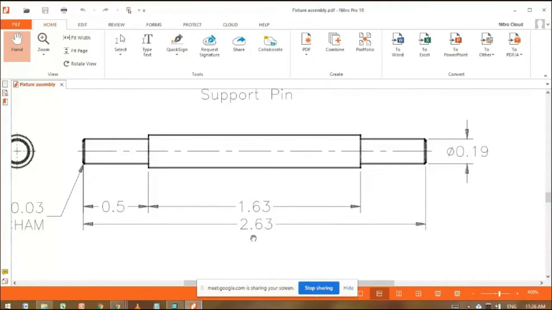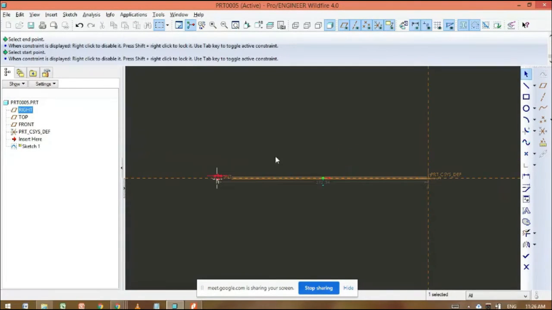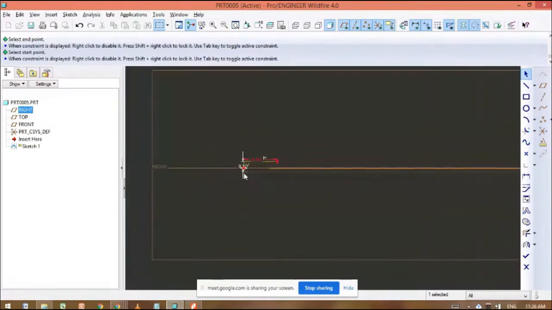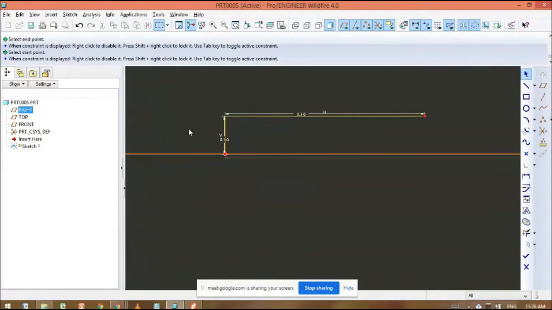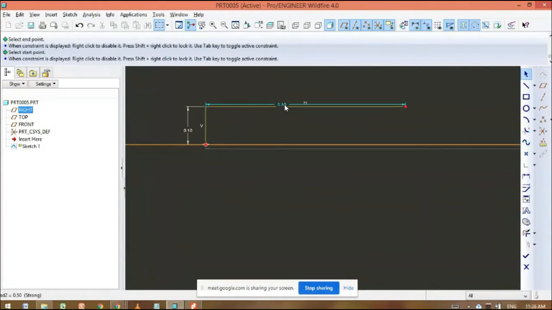How much is the length from this point to this point? It is 0.5. So double click, 0.5. Then we can see this part here, 0.50.